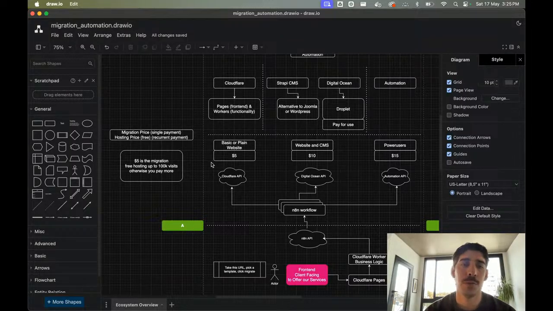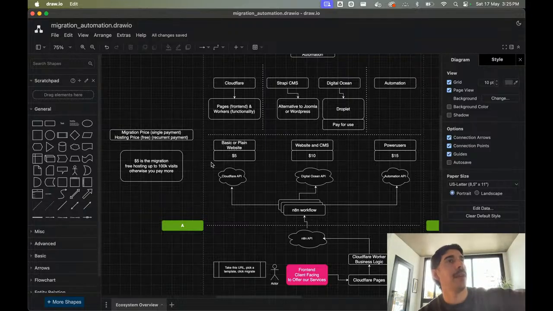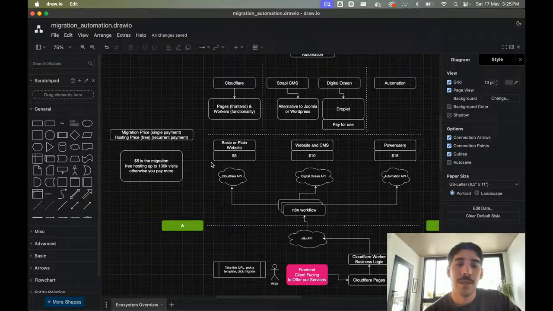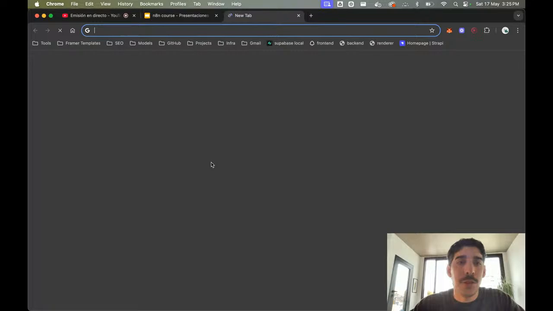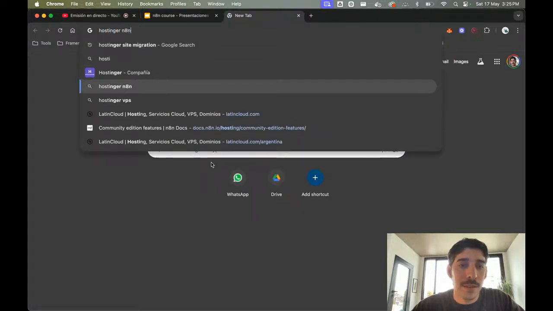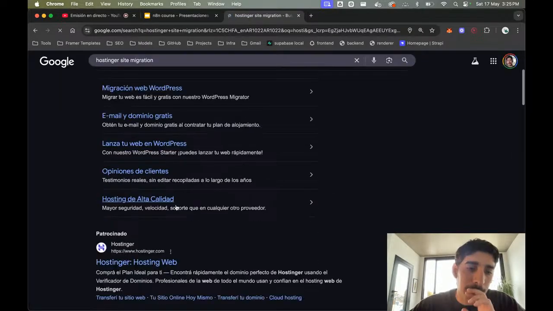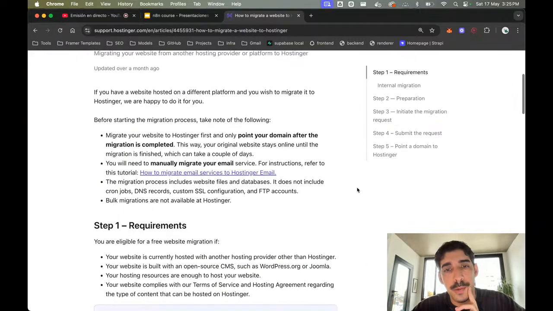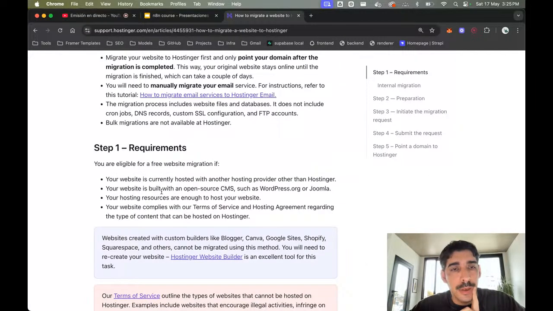I don't want to go too far into the future, but you could migrate to other providers. Maybe we facilitate your own information in an easy way. So, we were looking at this page a few minutes ago. You see how they support easy migration only if you are within these boundaries.